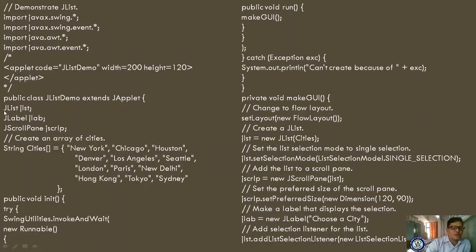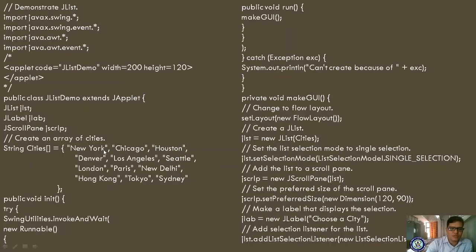What objects are you declaring? A JList object, JList; a JLabel object, JLab; and a JScrollPane object, jscrlp. Now you are declaring a string array variable. What is the name of the array variable? Cities. In the 0th location New York, first location Chicago, second location Austin, then Denver, Los Angeles, and so on, up to Sydney.